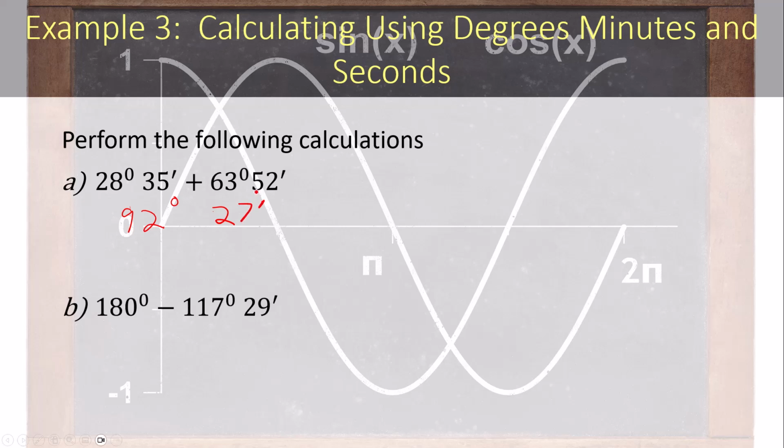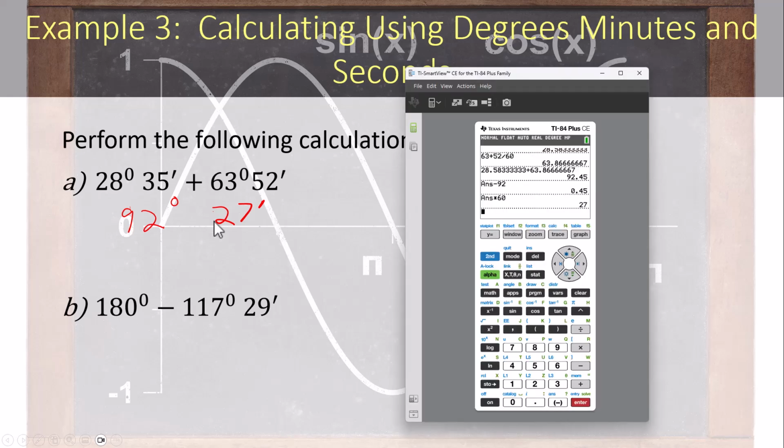Well, what about the next one? For this one, once again, we want to convert both of these into decimal degrees. This one is already in decimal degrees, so we don't need to worry about that. But this one we need to work with. So that is going to be 117 plus 29 divided by 60. Then our answer is going to be 180 degrees minus this value right here. And there we go. So we know that our answer is going to have 62 degrees. To find the number of minutes, we can subtract 62, multiply by 60, and we get 31